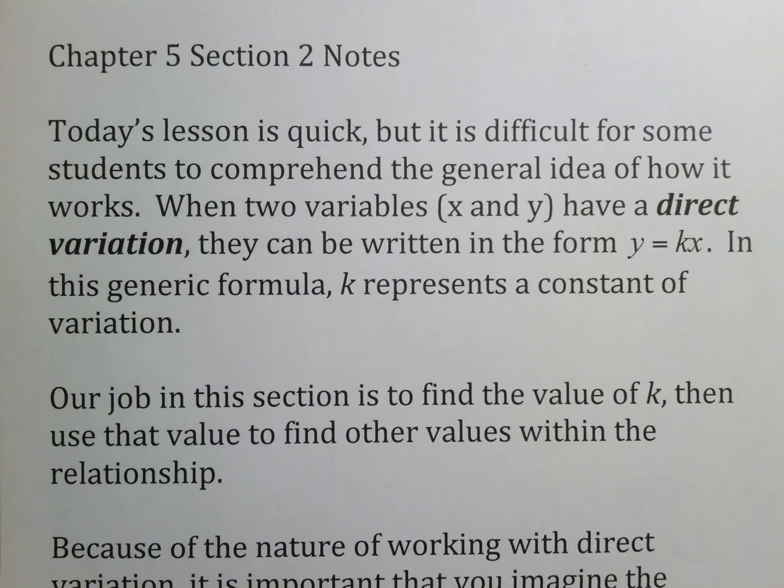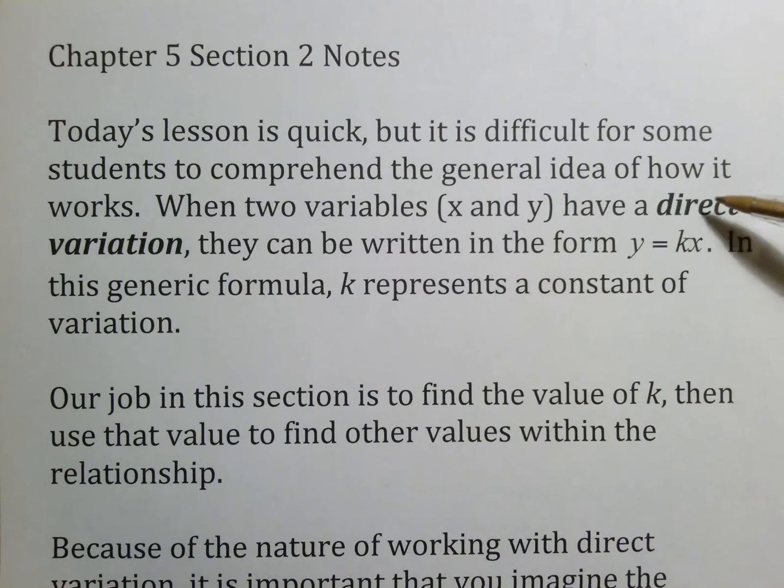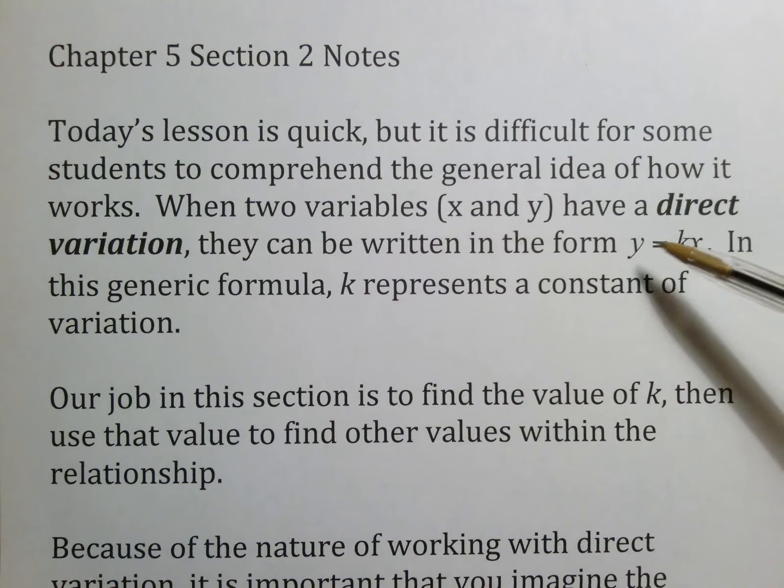Today's lesson is very quick, but it is difficult for some students to comprehend the general idea of how it works. That will also help us out for some of us who have some work to do on 5.1. When two variables x and y, and we're just going to say x and y for this case, have what we call a direct variation, they can be written in the form y